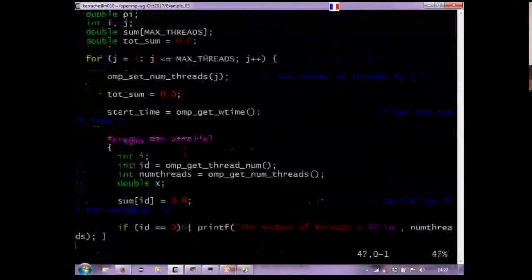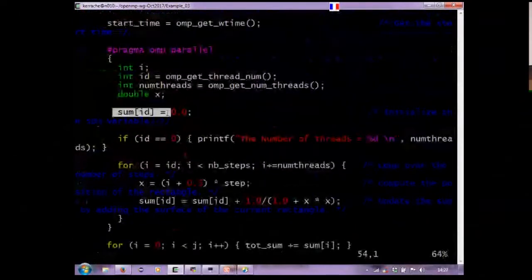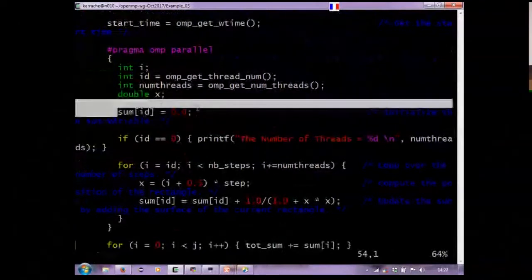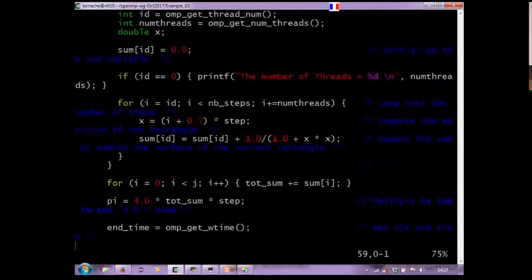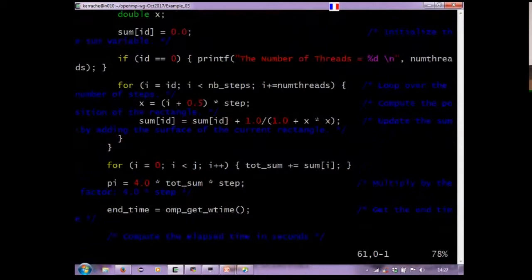So we have created the local sum, ID equals 0. Before computing any sum, you have to initialize the value to 0 at the beginning. Then each thread will add its value. At the end, we will put all these local sums together and print the final result. Now, if I execute the program,